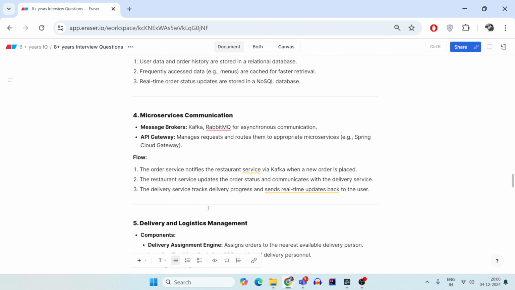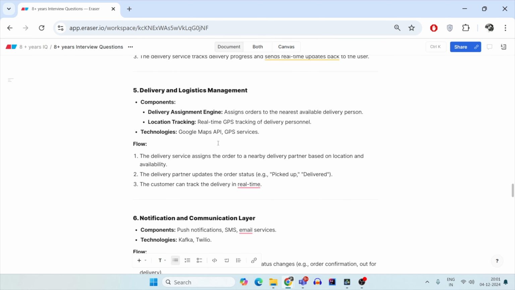The microservice communication can happen in either a synchronous or asynchronous way. All the payments and such things can be done synchronously using REST APIs. All the async communication can be done through Kafka, or the IO calls from one service to another service can be done in a reactive way using Spring WebFlux.